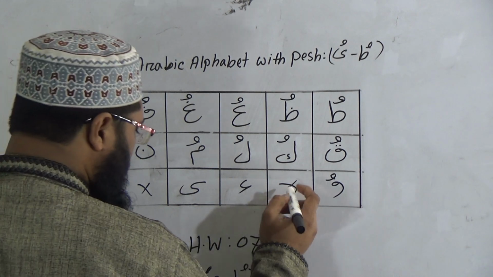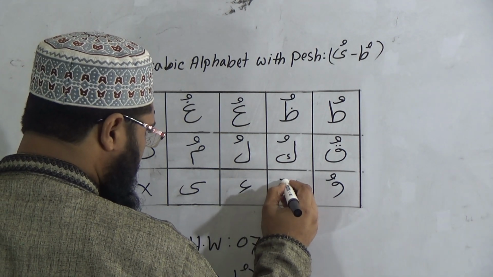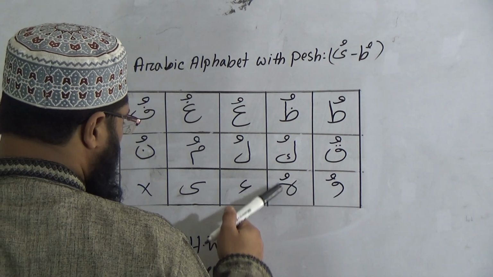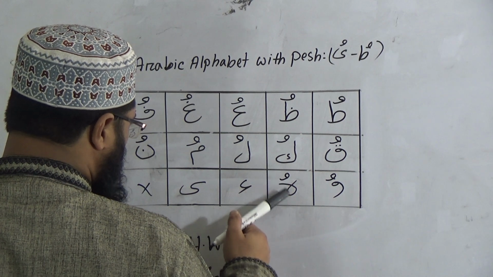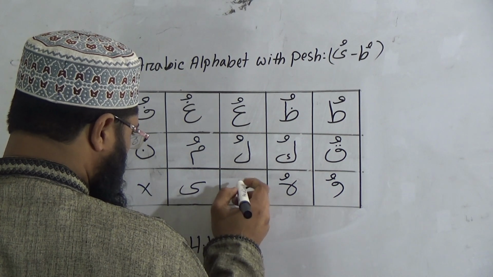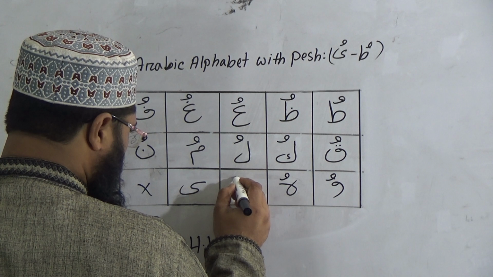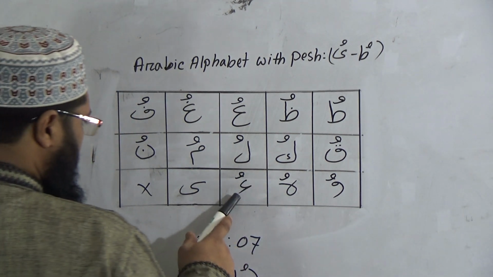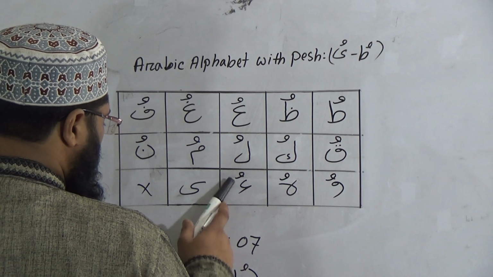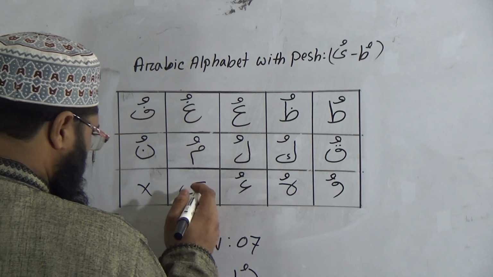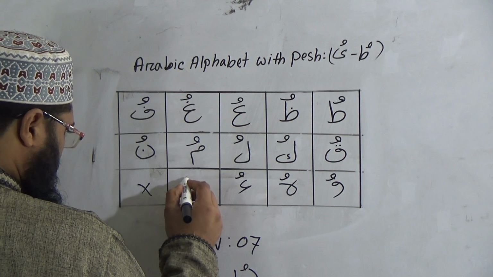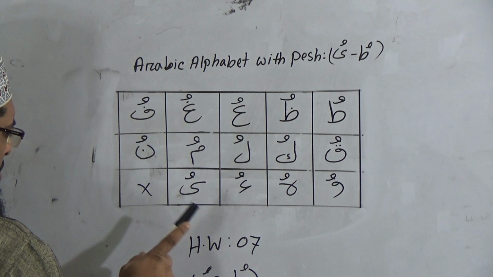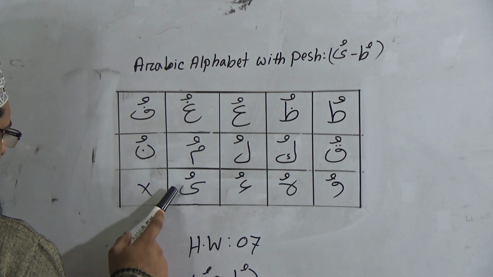Wu. Now my dear student, this one is Ha. I'm giving Pesh over the Ha, and you have to pronounce this one Ha Pesh Hu. And this one is Hamza, my dear students. After giving Pesh over Hamza, you have to pronounce this one Hamza Pesh U. And this one is the last one, Ya. After giving Pesh over Ya, then you have to pronounce this one Ya Pesh